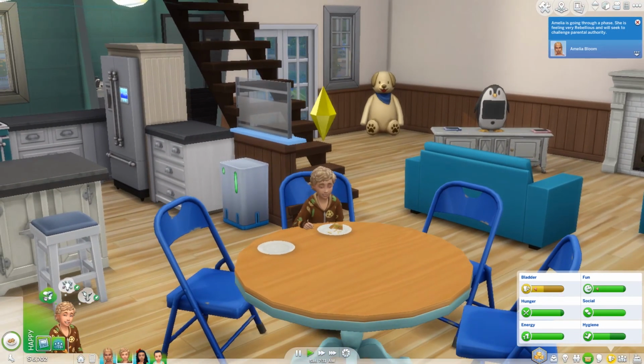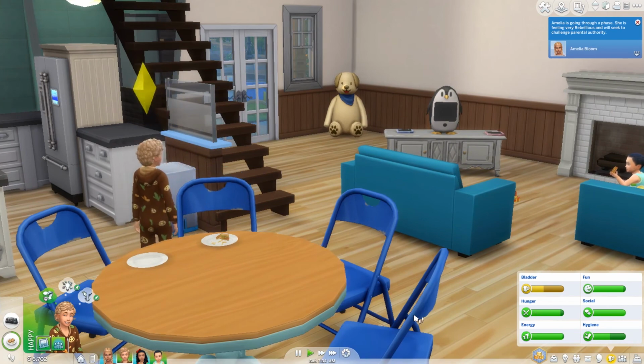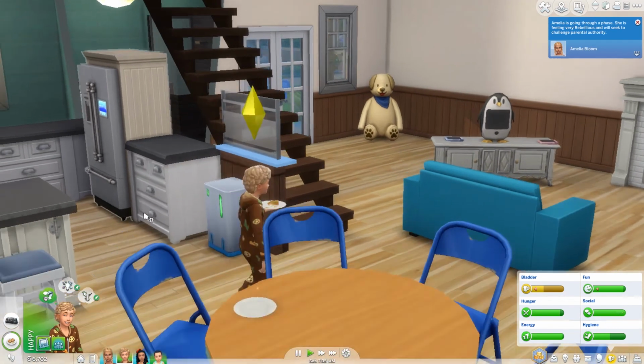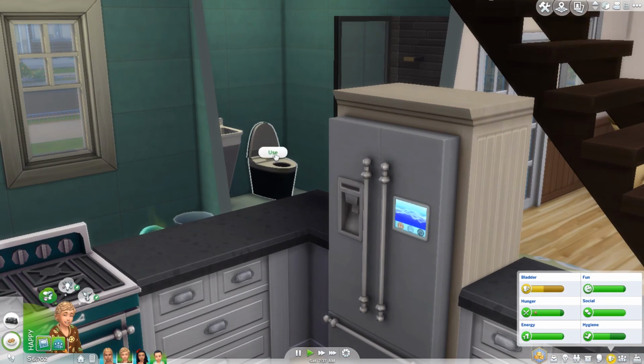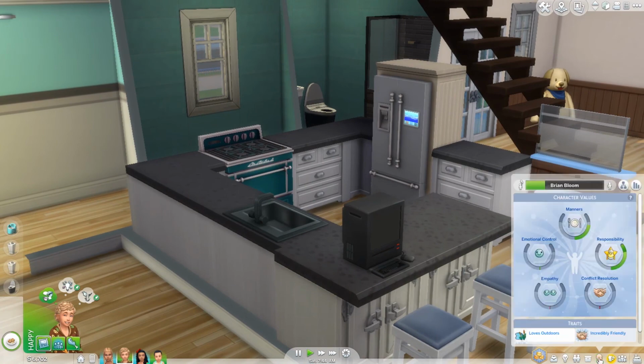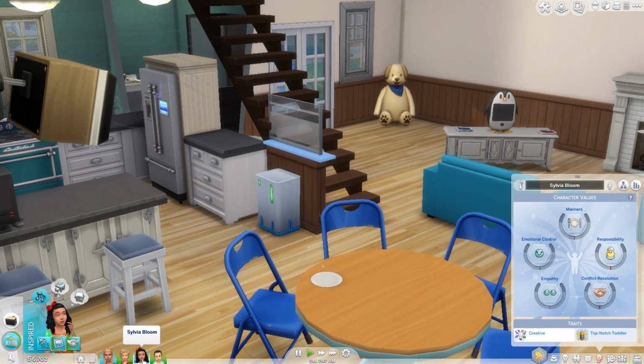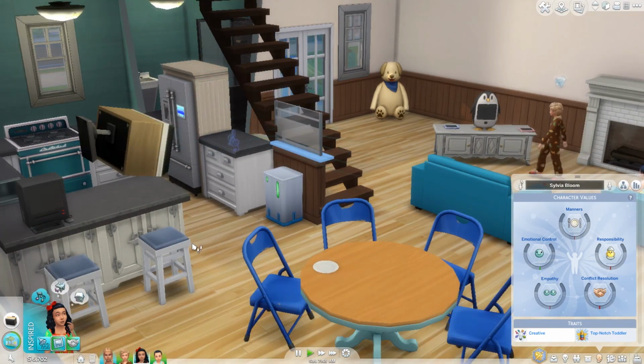You're eating. Oh, she's rebellious. Oh, you have no parental authority to challenge, so you're okay. I have to say, you should go to the bathroom when you're finished eating yourself, and then you can wash your hands and brush your teeth, and then why don't you clean that. Though I think your responsibility is max, so probably we should be having our little Sylvia do some cleaning, because of course, as a toddler,